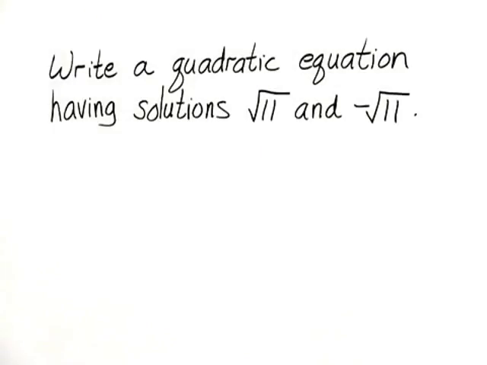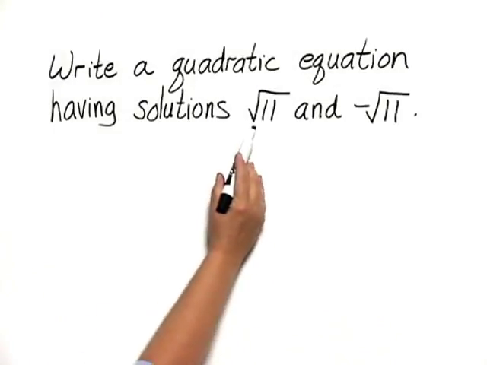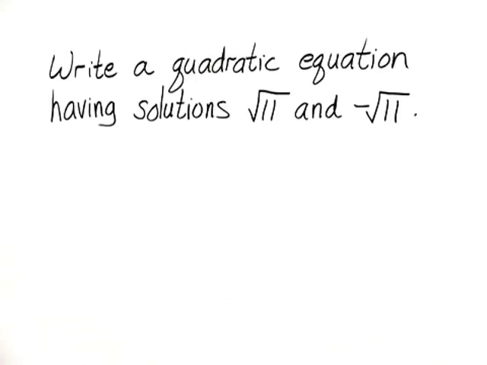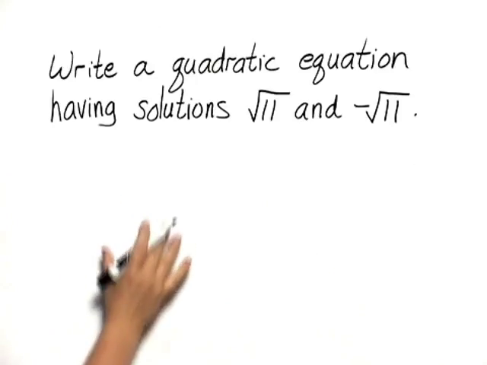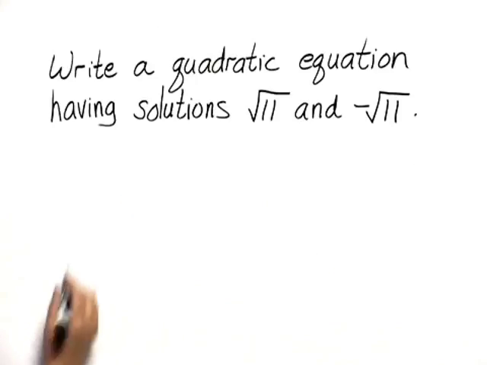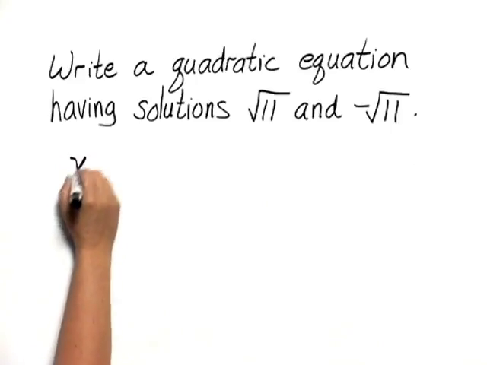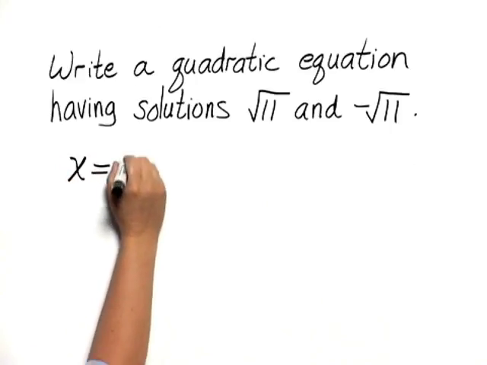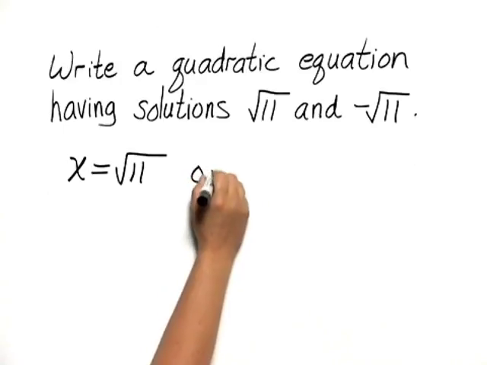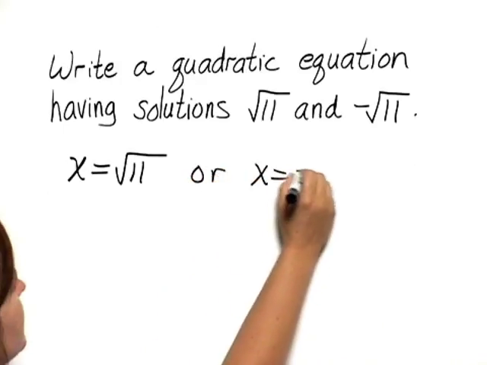Write a quadratic equation having solutions square root of 11 and negative square root of 11. What we're going to do is work backwards through the solution process. So we'll start by writing, we would have x equals the square root of 11, or x equals the negative